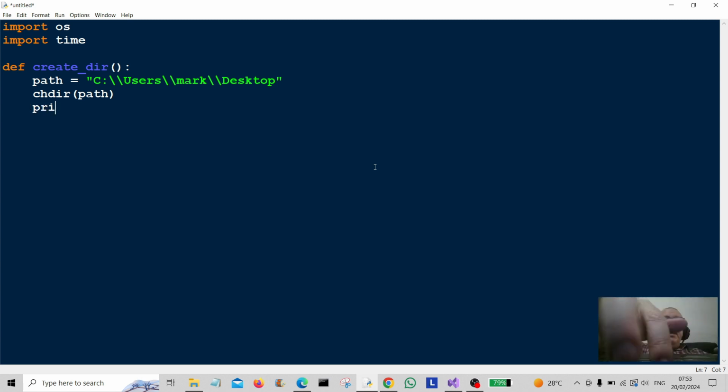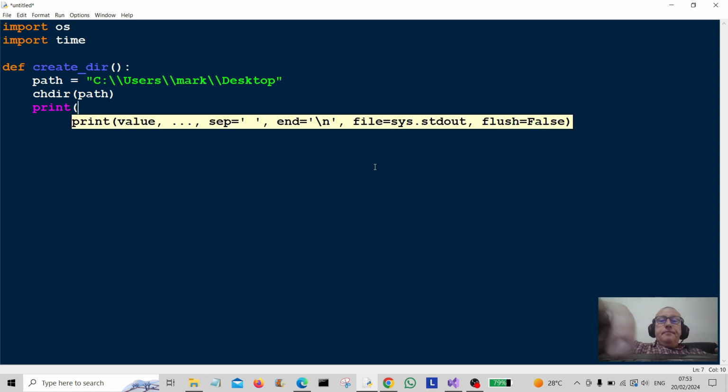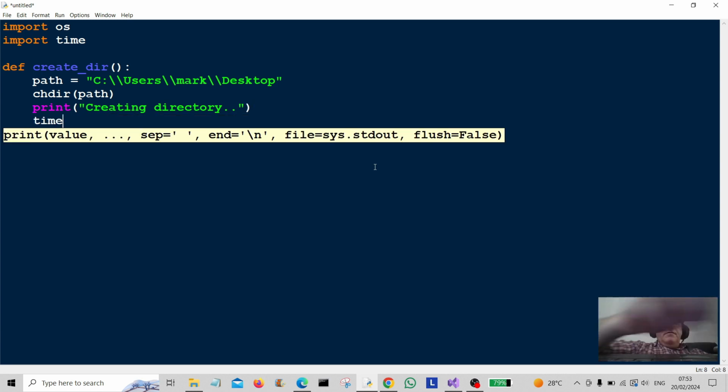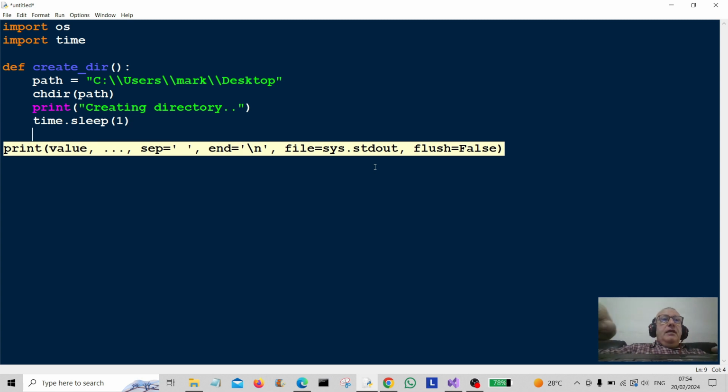I'm going to print a message to the user saying creating directory, and we'll give that a little bit of a pause. time.sleep. So we'll give it a pause for 1 second here using the sleep function, and then we're going to